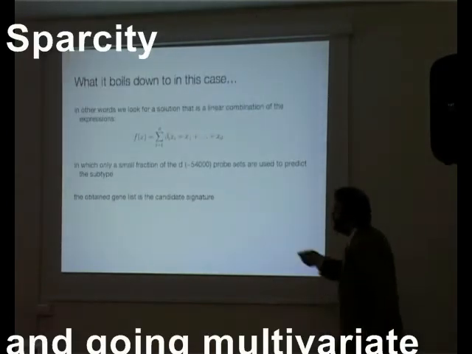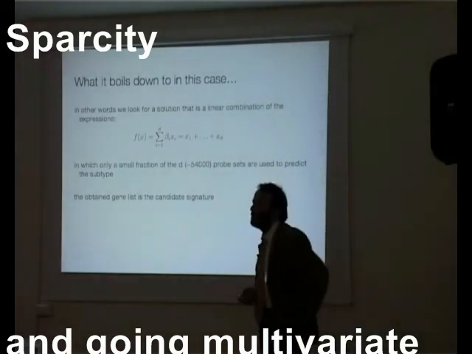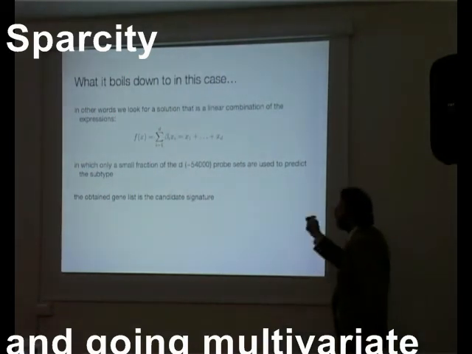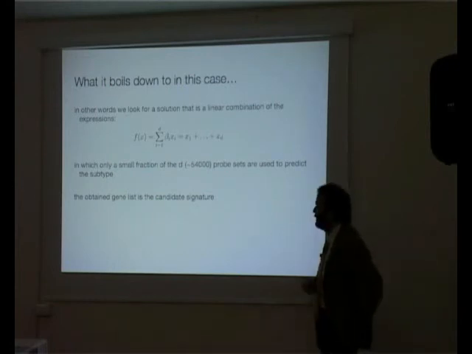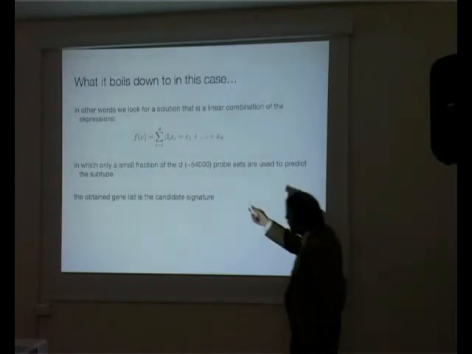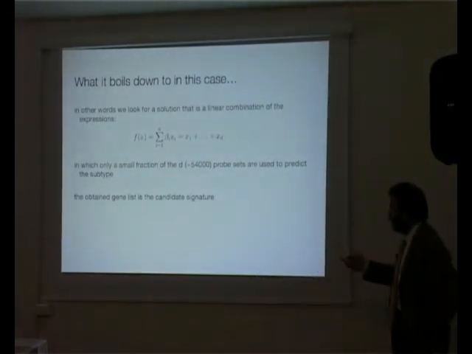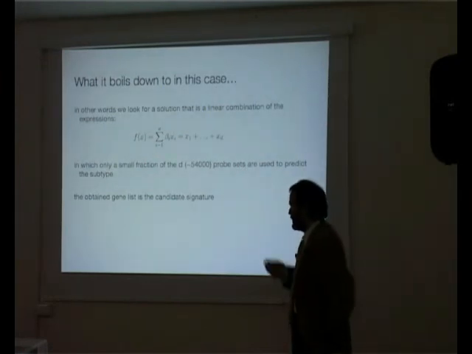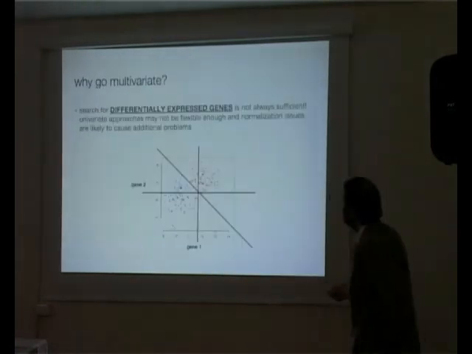So from the mathematical viewpoint, it's like looking for a bunch of numbers, the beta coefficients beta_i. Each coefficient is attached to a gene expression, and we want to find only a small subset of these beta_i. We call it a small fraction. The rest will be 0, irrelevant. And the indexes for which beta_i is different from 0 we gave to our friends in Gaslini as a possible candidate signature of the disease,